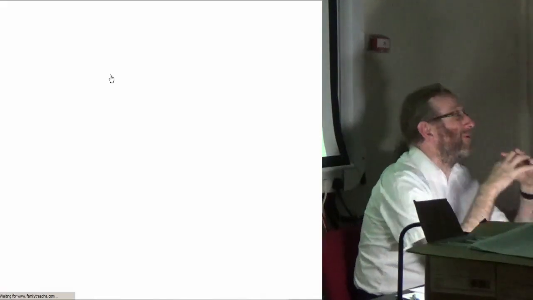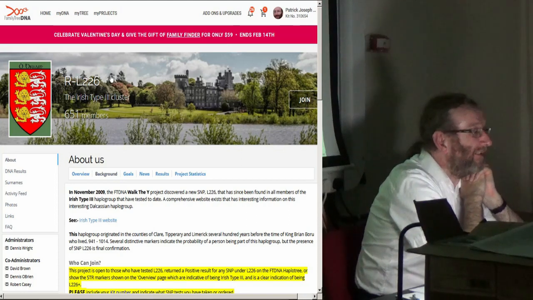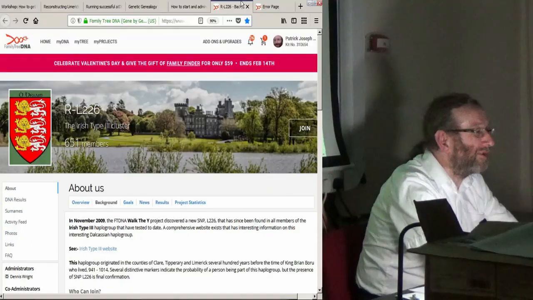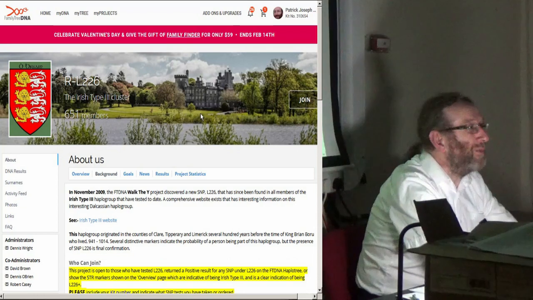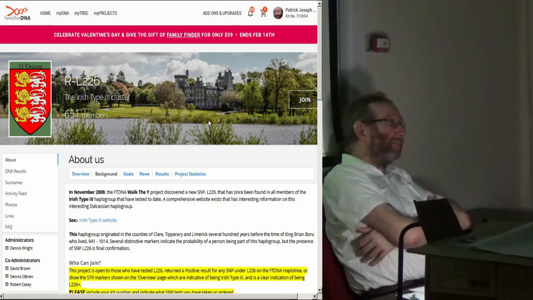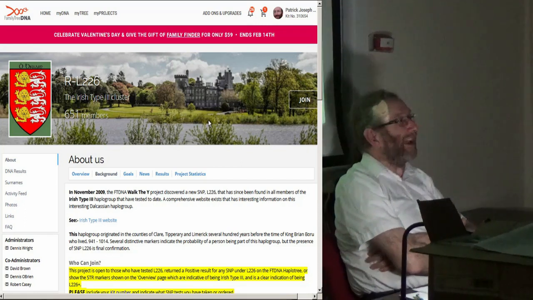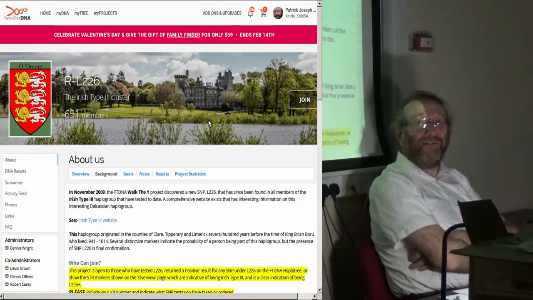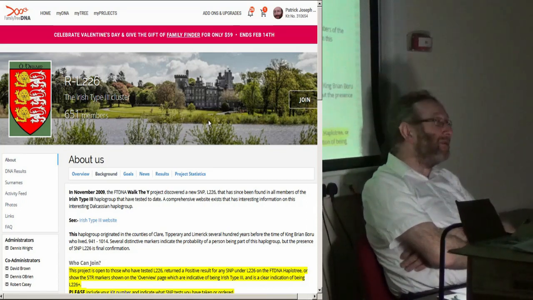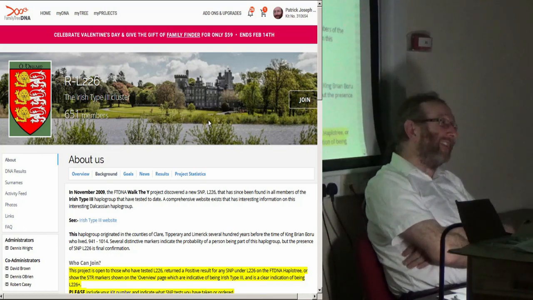There is a haplogroup project for everyone with that L226 mutation, which is characteristic of the Dalcassian surnames. And there's some very good people running that one. There's a picture of Dromoland Castle, the home of the head of the O'Brien dynasty. And the lovely thing about this L226 project and the O'Brien surname project is we have the present Lord Inchiquin, Conor O'Brien, who still lives beside Dromoland Castle, and he has an unbroken pedigree going back about 32 generations to Brian Boru, and he was one of the early enthusiastic adopters of Y-DNA analysis and has been very supportive of